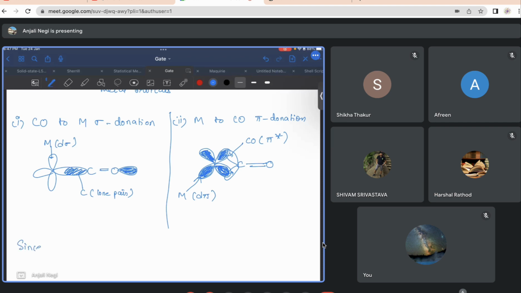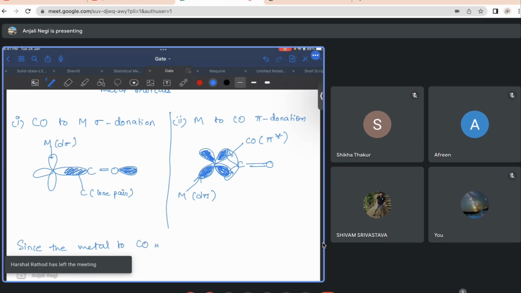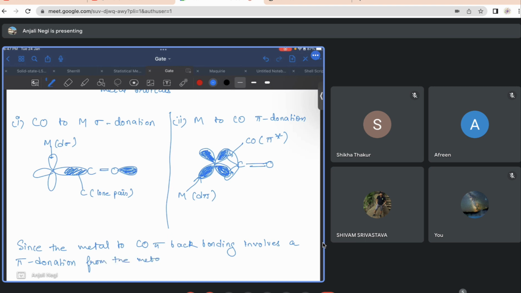Since the metal to CO pi donation, pi back bonding, involves pi donation from the metal d pi orbital to a pi antibonding orbital